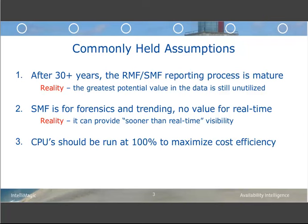One final assumption here that we like to challenge is about the CPUs. I mean, we've been trained for many years that the cost associated with the CPUs is just so significant. You want to run those things as close to 100% as you can in order to maximize cost efficiency. And that is no longer true as well. In fact, if you're doing that at your shop, you're probably paying more in net cost than you need to in a significant fashion, because the reality is with today's architectures,